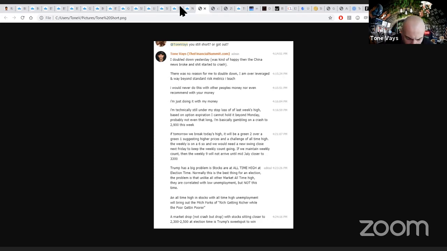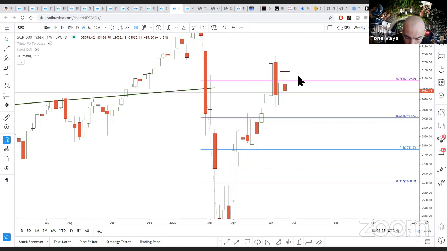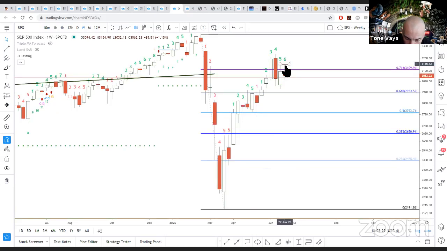And lots of things would happen here. So first of all, not only would the daily give me a green 2 above a green 1, indicating a new bullish trend, the weekly chart trading today above this line and closing this week above this line tells me that there's potential for up to 3 more weeks of upside, literally challenging the all-time highs.